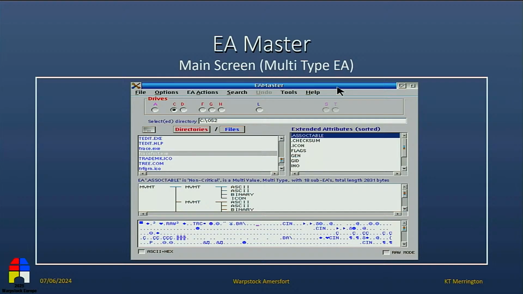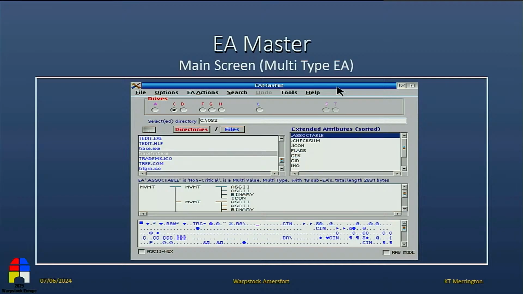Some EAs are multiple value EAs. In other words, there's more than one thing in the EA name. There are sub-EAs, if you like, cascading.